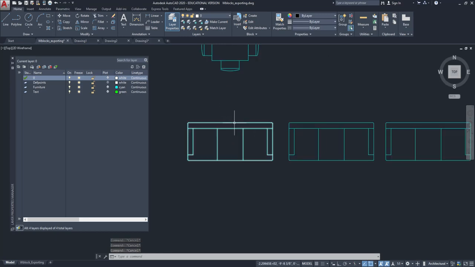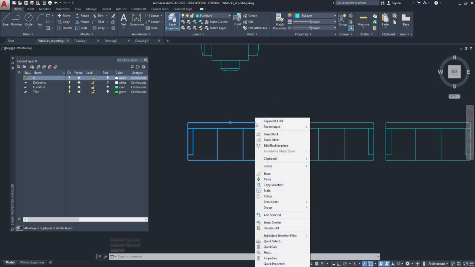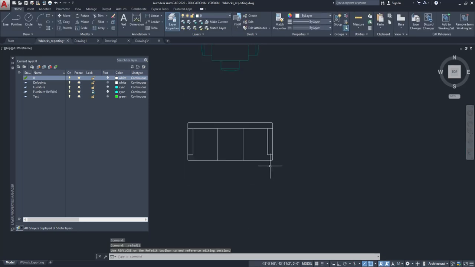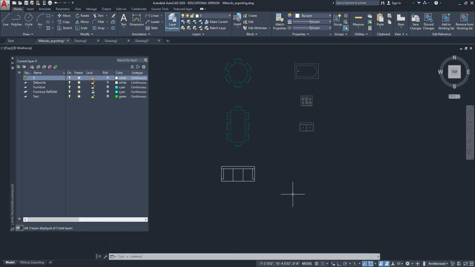So if I click on my block, okay, if I right click, we have block editor, so that's what we were just in. So just like everything in AutoCAD, there's three or four different ways of accomplishing a task. So I can double click on a block, and I can also right click and choose block editor, reset block, or edit block in place. So if I choose edit block in place and I hit OK, now I'm allowed to edit the geometry, but I'm still in model space. I can see the things around it, right? Which if I'm editing a door block, that's helpful because I can use the walls around it to edit it,